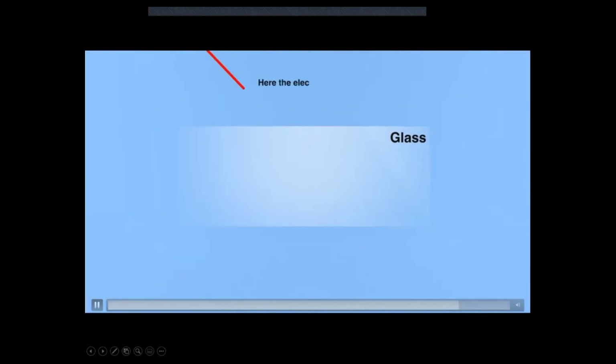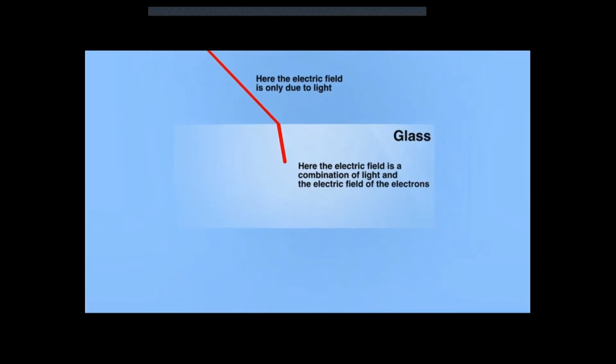Light hits the glass, it travels at the speed of light in a vacuum. So here's the incoming light. And that's going to hit glass. So the index of refraction is going to be 1.5. So the light is going to slow down. So through the glass, the light causes the electrons to move and generate a second wave that adds to the light. Light still moves at the speed of light in a vacuum, but the wave from the electrons moves at a different speed.